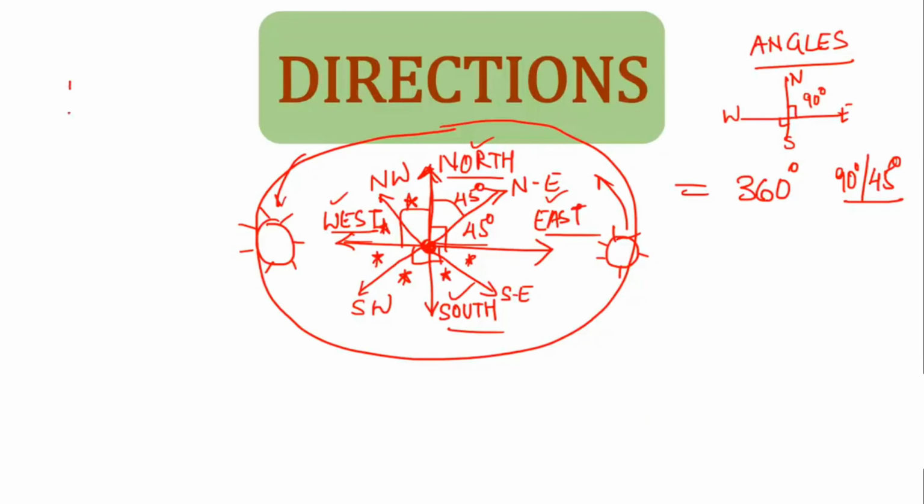Say I am walking towards north, so I am facing north right now, and say I make a right turn. Over here no angle has been mentioned, 45 degrees or 50 degrees or 60 degrees. So the right turn which I make will always make an angle of 90 degrees. Whenever I turn left or right, it will always make an angle of 90 degrees if the angle is not mentioned.